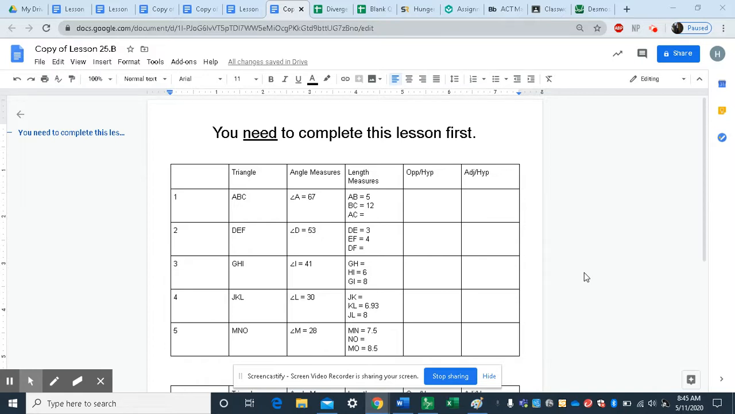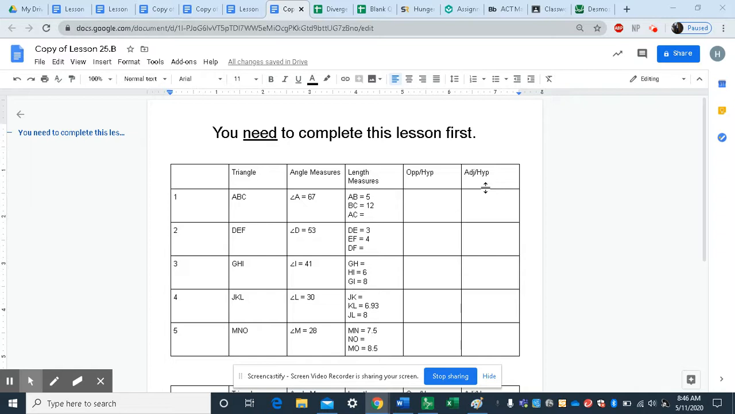Just so you're aware, the lessons this week are very much so you have to do them in order. As you can see on this lesson, 25B, you need to complete this lesson first before you go to C or D, just because the other two won't make as much sense until you've done the examples that we're doing today. So we're going to start off by finding